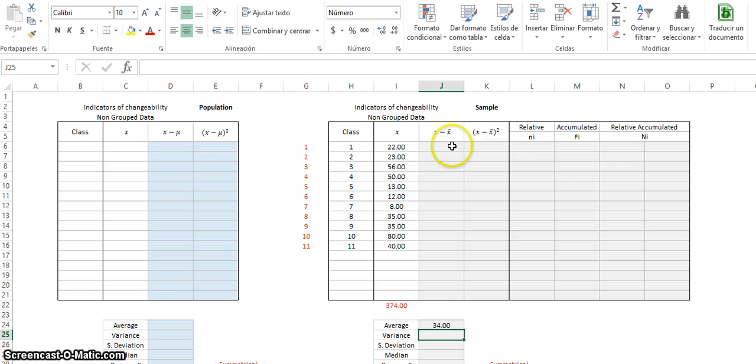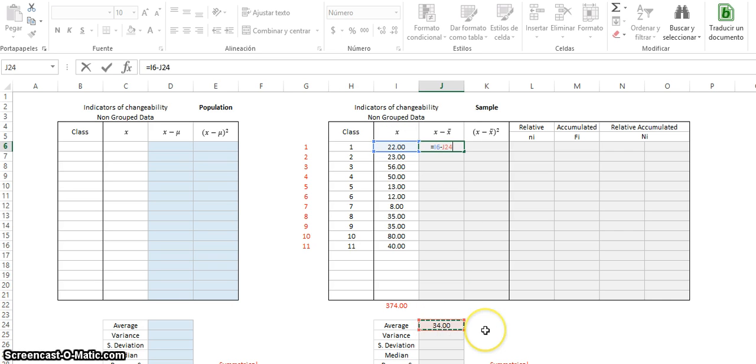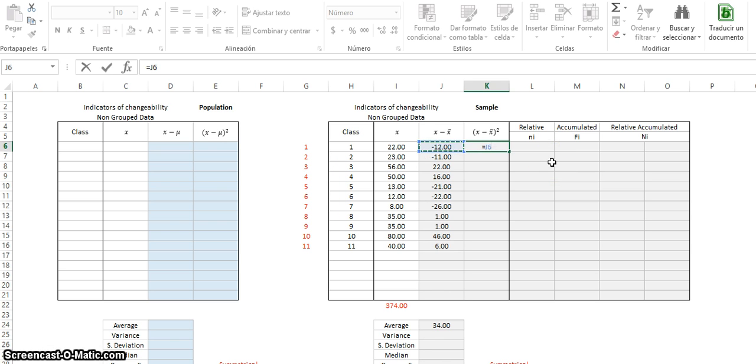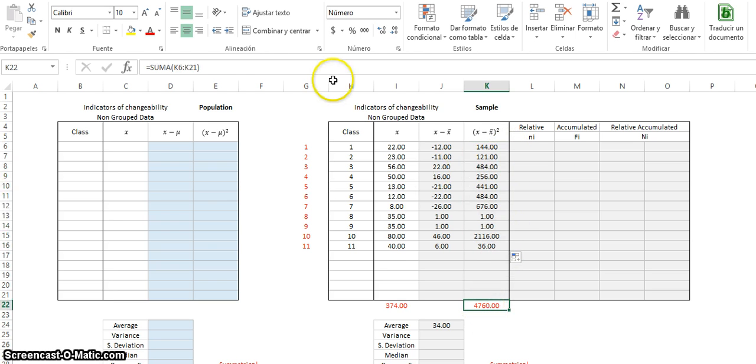Now for the variance, you need to complete these two columns. So let's work in this. You need to subtract the x minus the average. Remember, to make it static, you need to consider this symbol. Now you can copy the formula with no problems at all. To make it to the square, you have to multiply this to the second and make the addition. If you notice, the addition is equal to